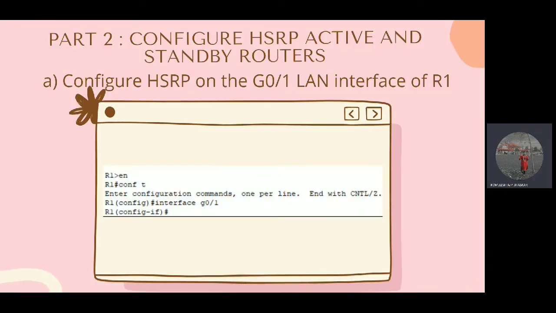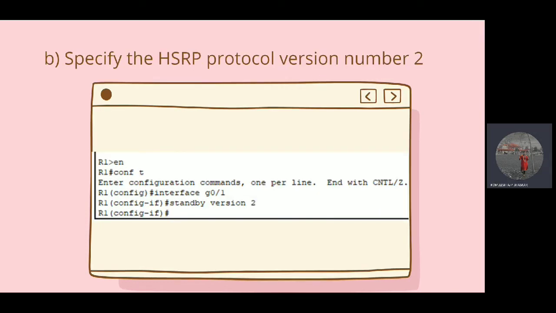Next is part 2. Configure HSRP active and standby routers. Configure HSRP on the G0/1 LAN interface of R1. We have to open CLI in R1 and enter the command enable, configure terminal, and then enter the command interface G0/0. Then specify the HSRP protocol version number 2, and we have to enter the command standby version 2 in